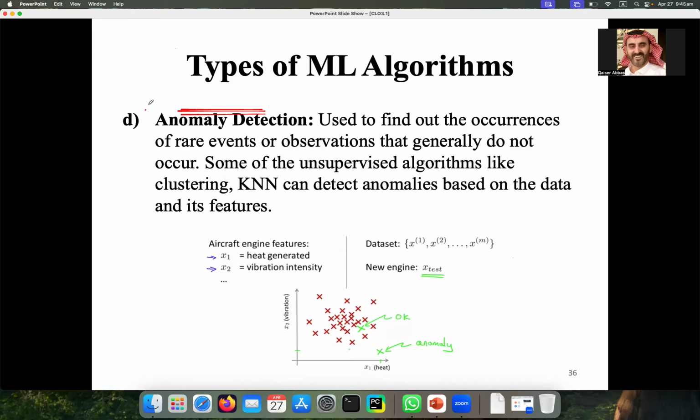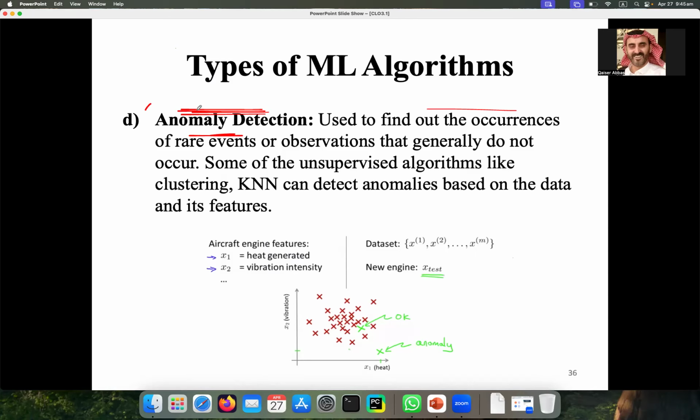This is also the fourth category of unsupervised learning. What is it? We will use this approach to find out the occurrence of rare events, uneven events, or uncommon events, or unusual events.